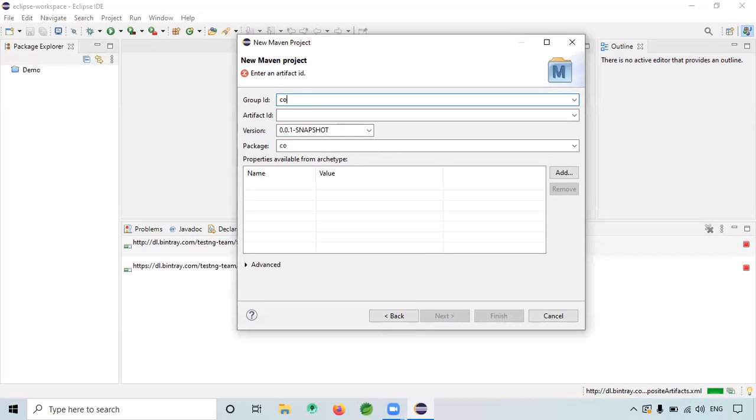I used to give the group ID; I never searched for that quick one. You are basically getting a new project, in this kind of quickstart Maven project.